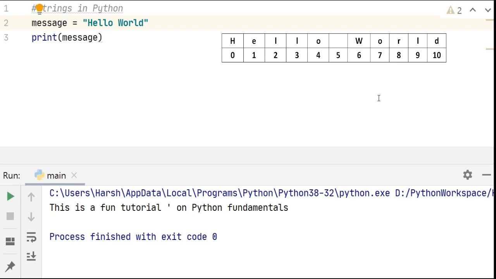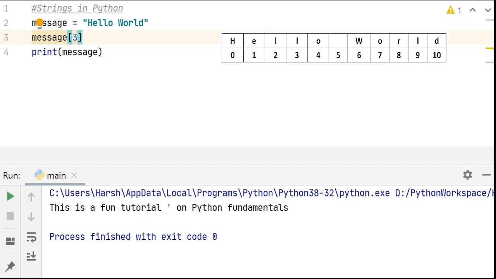To access characters from a string, we use square brackets after the name of the string. So let's say I want the fourth character from this string, which is 1, 2, 3, 4, which is L. Right? So I will just type message in square brackets 4. Is that right? No. 3.